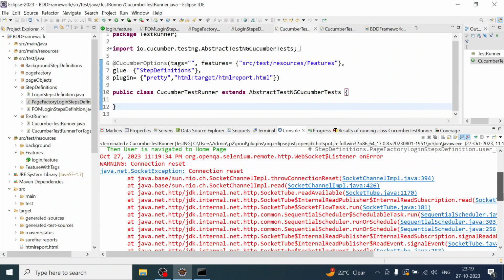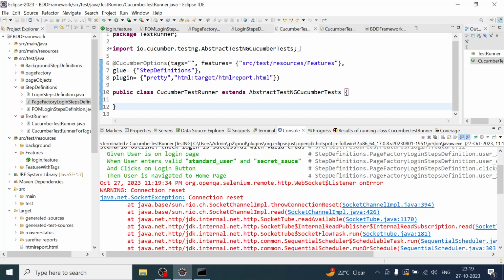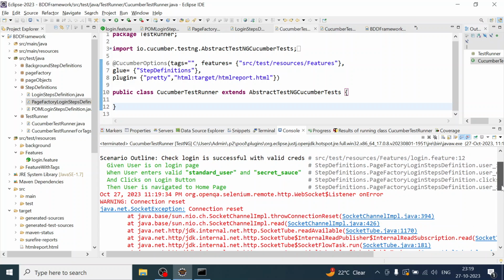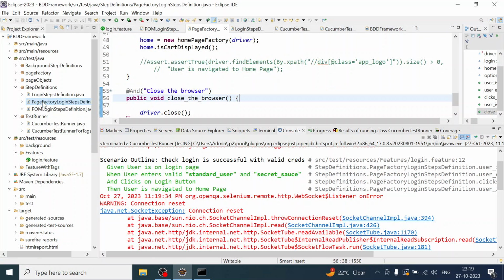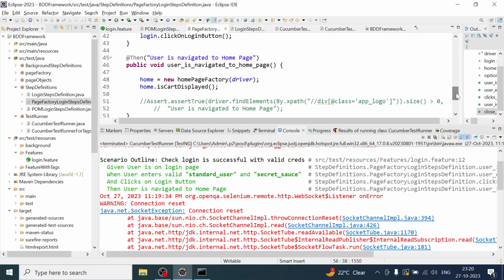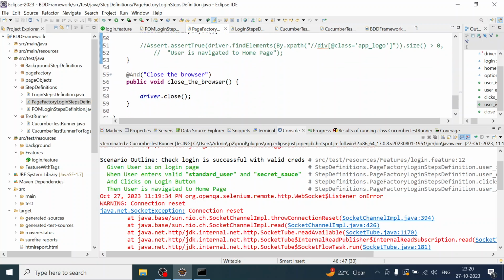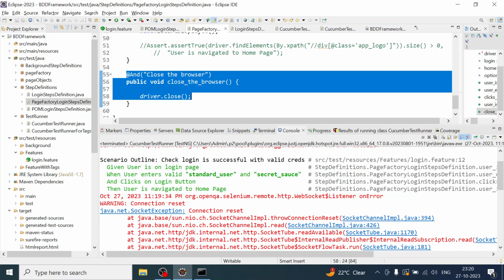See, I have come across this WebSocket listener on error issue. Right now it is quite annoying, as all the tests are completed, but since you are seeing, the user navigated to the home page. So if I go to this page factory, you may see that everything is executed fine, and when the control comes to this part, closing the browser, this error occurred during this method